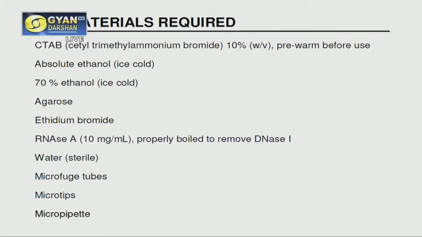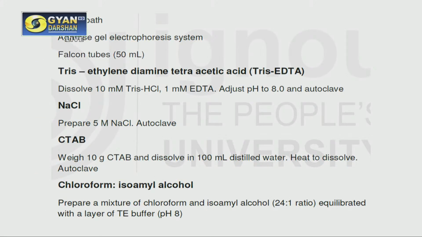So today I will not be repeating the same experiments. You can follow my earlier discussion, which is available on YouTube. You can just observe that and get the idea if you have not followed the earlier practical sessions. So agarose, ethidium bromide, then RNase A, 10 mg per ml, properly boiled to remove DNase I, water, microfuge tubes, microtips, micropipette. So these are some of the materials that you require, and in addition to that, some of the buffers